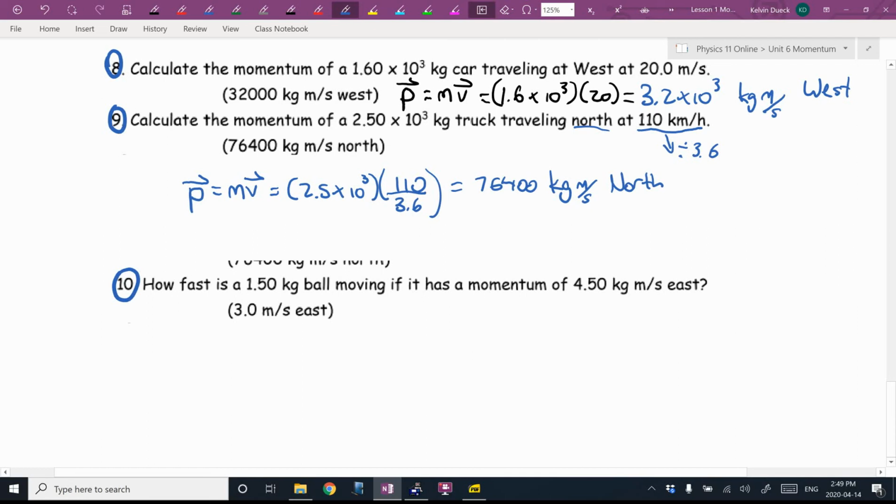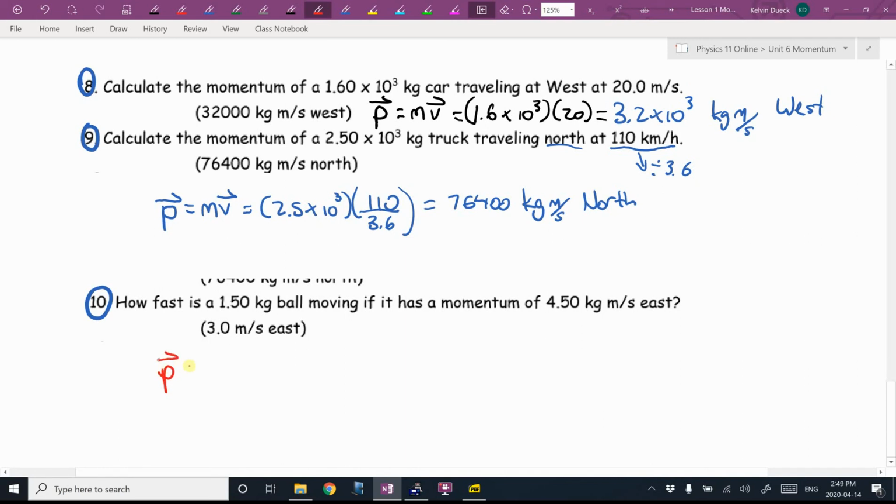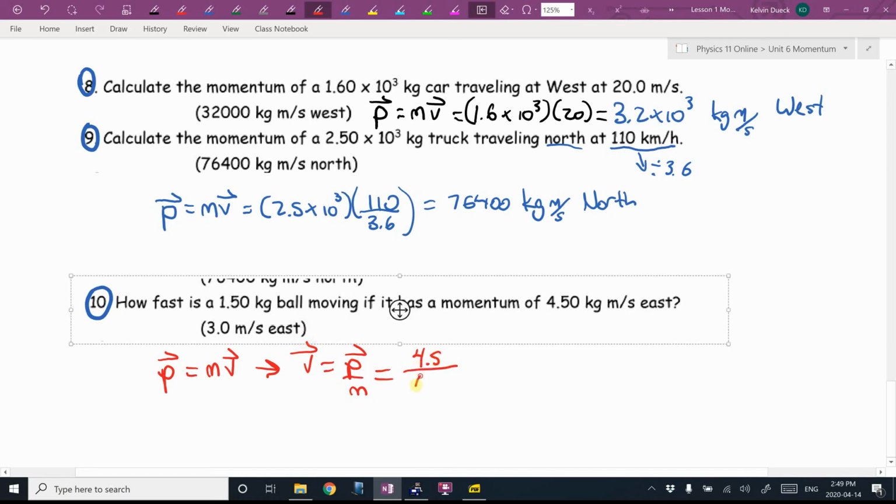So if I want to get the v by itself, I guess I would move the m over. How would I move the m over? Let's see, if momentum is mass times velocity, I guess velocity is momentum divided by mass. So the momentum is 4.50 divided by 1.5. I can do that in my head. I'm pretty sure it's going to be 3.0. Hey, I was right. Meters per second. Direction, same as the momentum,